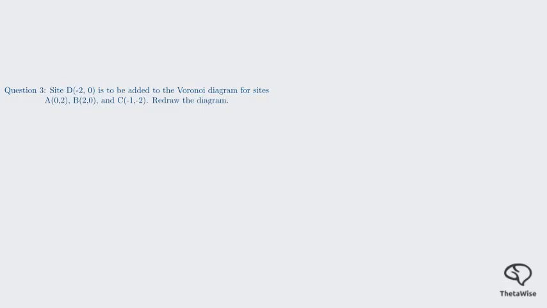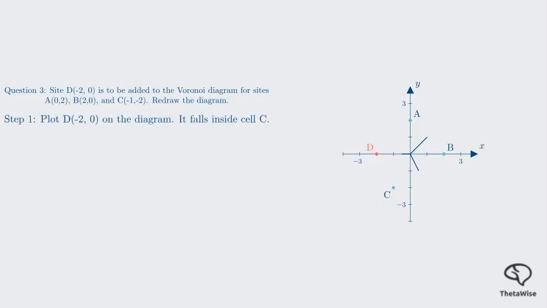In this problem, we have an existing Voronoi diagram for sites A, B, and C. We need to redraw it with a new site D at (2, 0). The first step is always to identify the cell where the new site lies. The original diagram had its central vertex at the origin, (0, 0). Plotting D at (2, 0) shows it is clearly in the cell belonging to site C, which is the